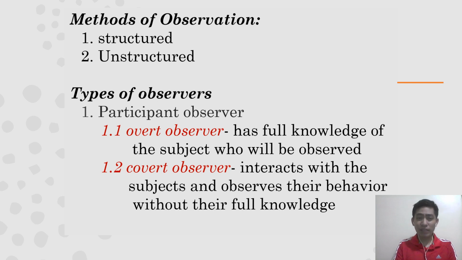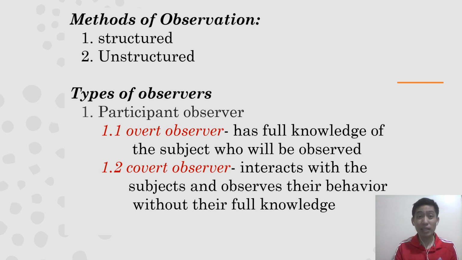Methods of observation, we have structured and unstructured. In a structured observation, you have a checklist, items or criteria to be checked when you are doing your observation. Unstructured is based on the researcher's observation. It is more accidental observation. So he or she will note his or her observation within the exposure in the environment or within the interaction